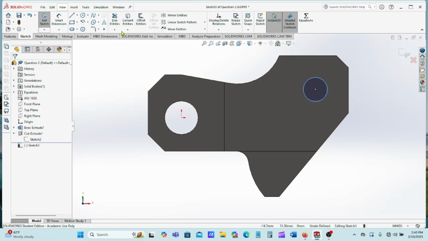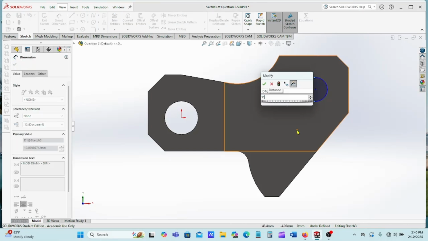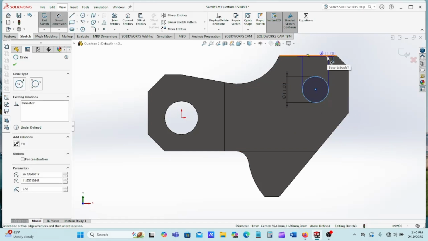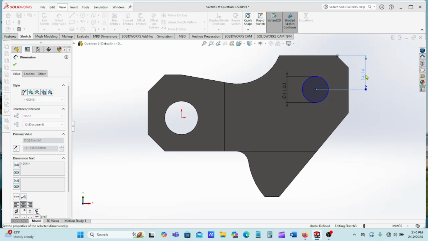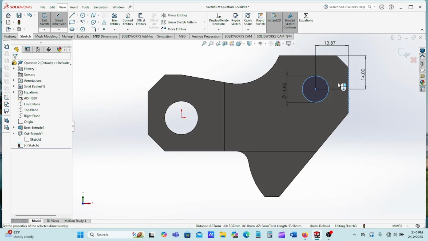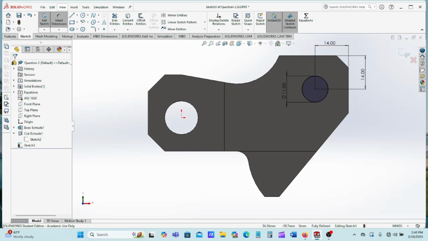I'm just going to put it on the face, and then I'm going to go into the smart dimension, and I'm going to click, and I'm going to dimension that at 11 millimeters. And then I need to dimension this circle from the top at 14 millimeters once it comes up. And then I need to dimension it again from here to 14 millimeters, like so. Everything blacked out. I have a fully defined sketch, and that means that I am now ready to do another